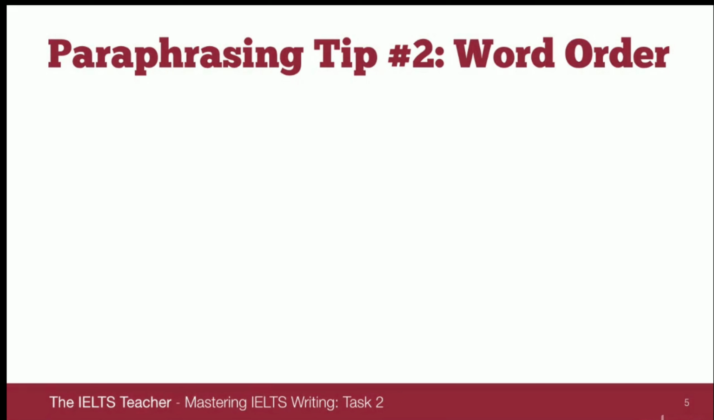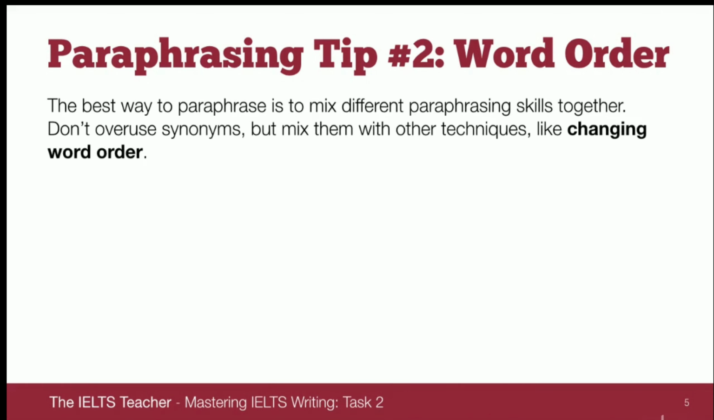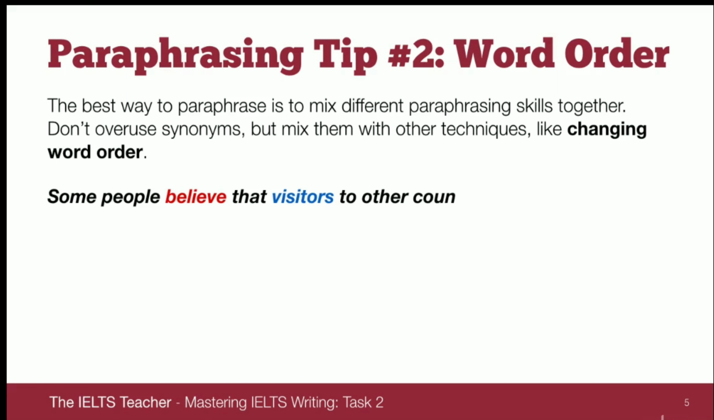Now, paraphrasing tip number 2. Change up the word order. So the best way to paraphrase is to mix different paraphrasing skills together. Don't overuse or only use synonyms, but mix them with other techniques. One of those being changing the word order. Let's look at that task